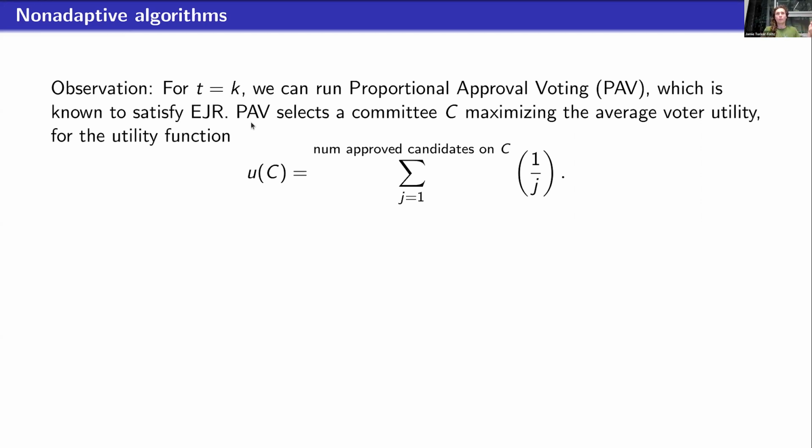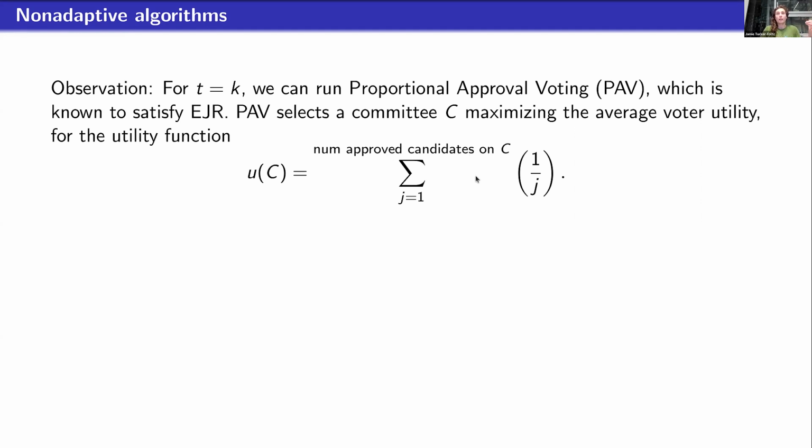Okay, and what is proportional approval voting? It selects some committee C, maximizing the average voter utility for the following utility function. The utility of a voter for this committee C is the sum from j equals 1 to the number of approved candidates on that committee of 1/j. So if a voter approves of one candidate, we call their utility 1. If a voter approves of two candidates, we call their utility 1 plus a half, which is 3 halves, etc. Basically this gives you a way of scoring committees,